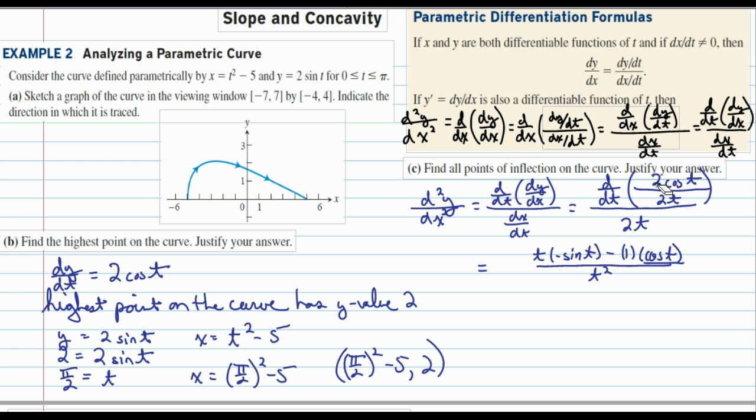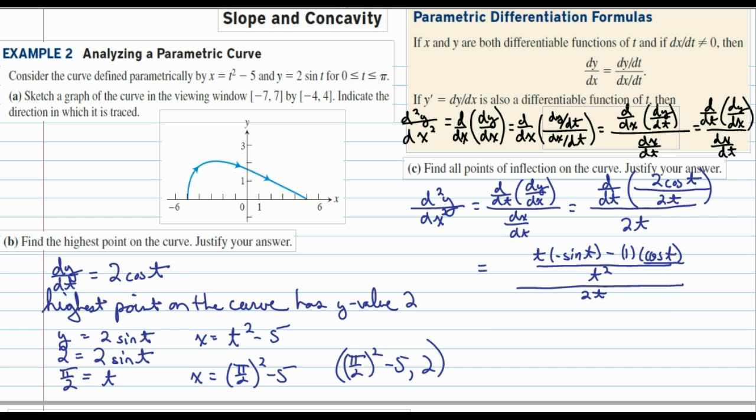Remember, we've canceled out the two 2's. Then that was just the derivative of the numerator. I need to put that all over 2t, the dx dt that's supposed to be in the denominator of the entire expression. Now to simplify a little bit,